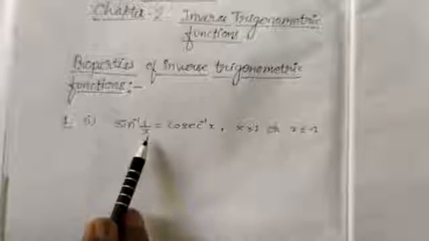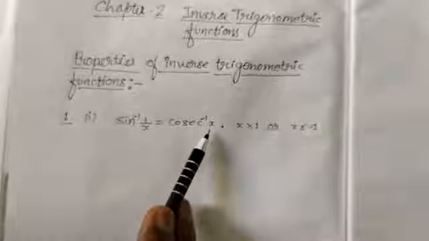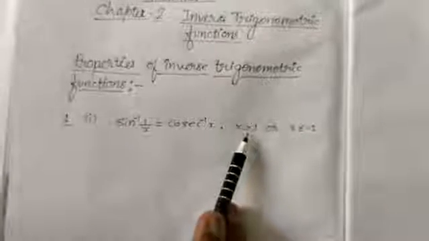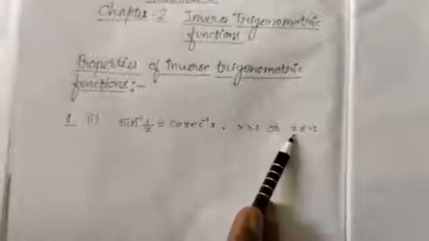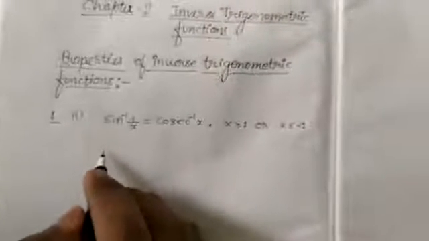Students, the first property is sine inverse 1 upon x is equal to cosec inverse x, where x is greater than or equal to 1 and x is less than or equal to minus 1. You can prove this property also. To prove this,